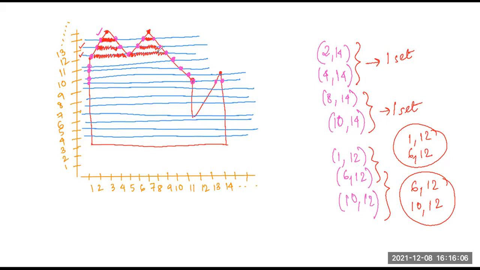Now, why I said that when there was an even number of points, I took this set, and when there was an odd number of points, I took this thing as a comma. Right? This thing I counted 2 times. Why is that? There is a rule which is known as the rule of pairing the coordinates.